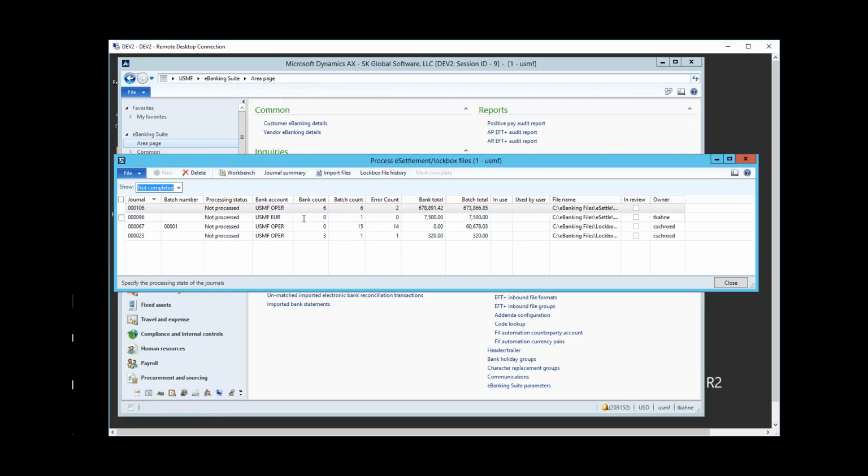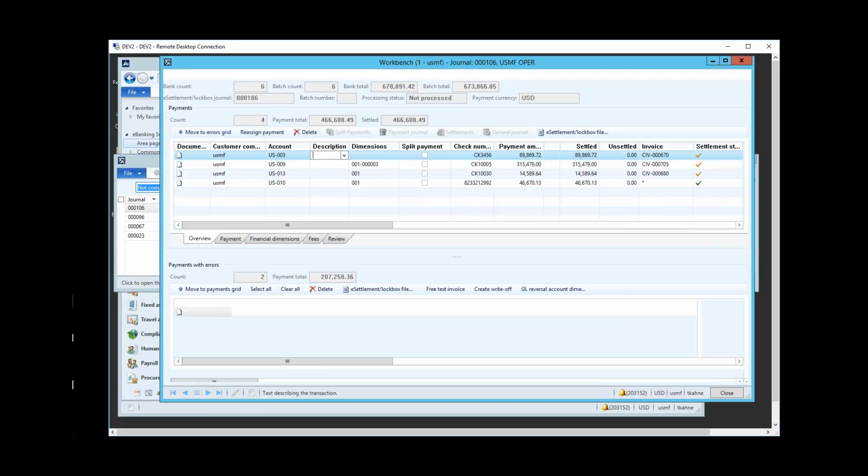So this is the file that we just brought in. It has the grand total of the amount that was brought in. It gives you counts of the number of records that came in and the number of error count, meaning there were two items that the system could not figure out, and that's in the research area we'll talk about in a second. So the next step is simply to go over here to the workbench and drill in,